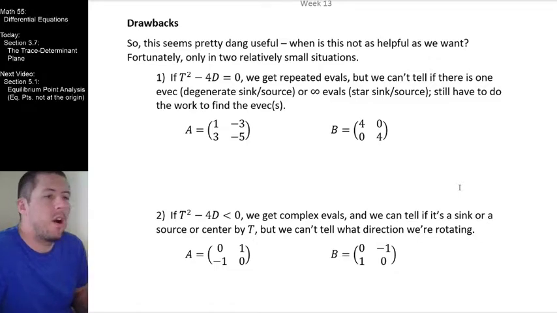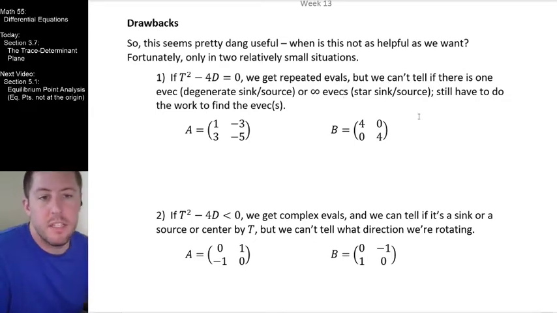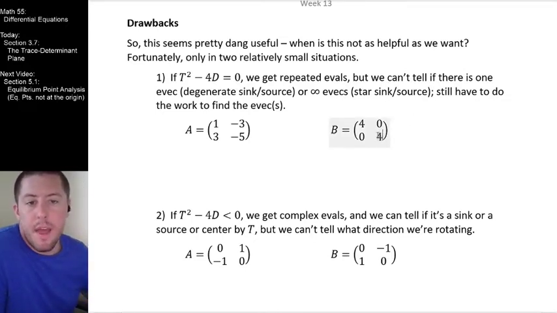The first scenario of when we might get a little bit of confusion right here is that when we get repeated eigenvalues, we can't tell if there's one eigenvector, a degenerate sink or source, or if there's infinite eigenvectors, like we saw with our star sink or star source. Remember that when we have this sort of symmetric matrix right there,